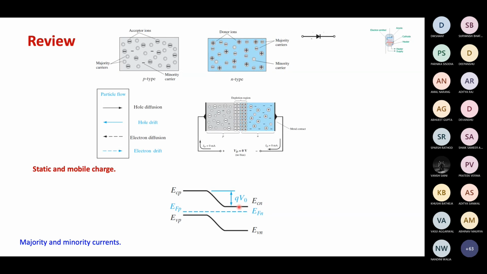Yeah, so what I said is that one thing you need to keep in mind is that the number of majority carriers and the number of minority carriers are closely related to each other. If the majority carriers are more in a semiconductor, the minority carriers will be less. And vice versa. If the minority carriers are more, majority carriers will be less. Sir, what do you mean by majority carriers? I mean that in N-type materials, electrons are majority, while in P-type, holes are majority carriers.